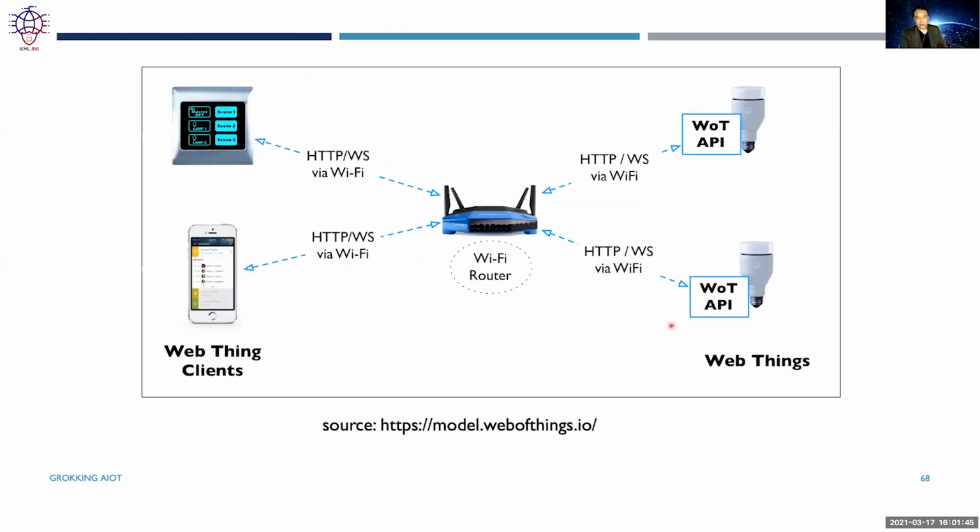So here we can see how the Web of Things is used in a scenario where we have clients like your mobile phone. Obviously, your mobile phone can support the HTTP protocol. It can also, as most modern browsers can, support the WebSocket mode. So if you have a device that can support HTTP and WebSocket, it can also fully connect to your router. Then your router will actually connect to your smart device via HTTP and also WebSocket as well. So this is where there's no need for any protocol exchange because all the devices are fully capable of supporting both HTTP as well as WebSocket.